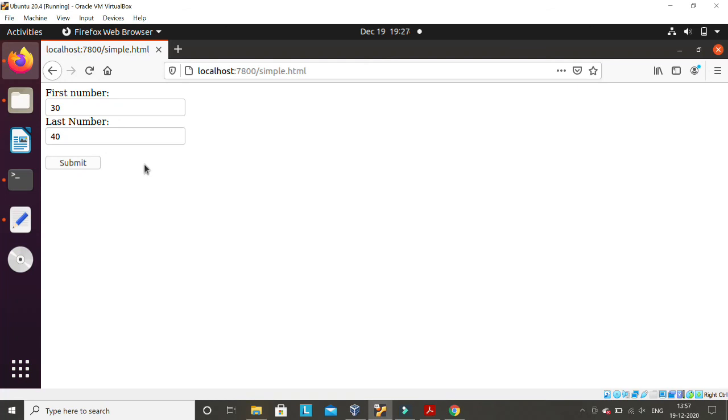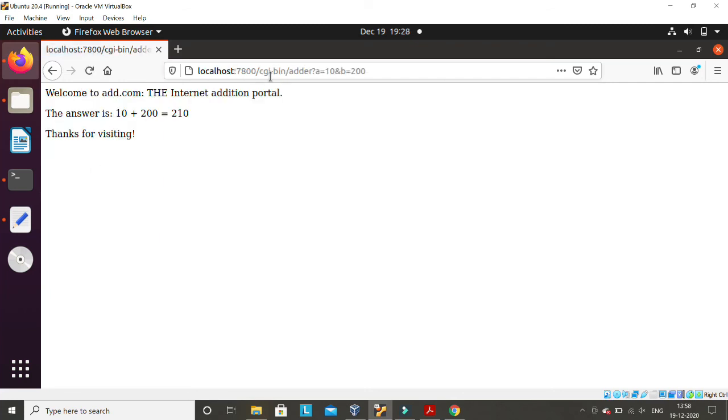This result is again static, it's an HTML thing, but it's a form. In this form I can write my own values, suppose 10 here, and here I can write 200. I want to add these two values, so I press submit. The moment I press submit, another new request will go to the server. The connection is already established, but the new request is of this type, cgi-bin adder. So now this is the URI part.